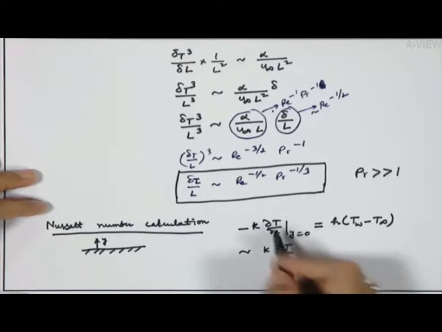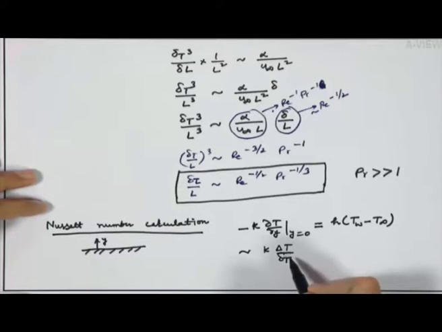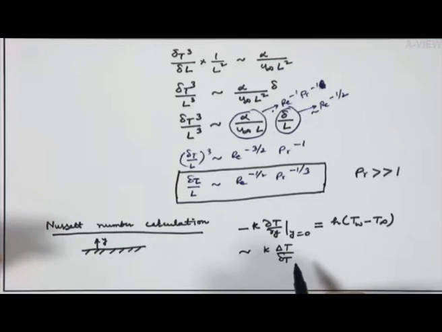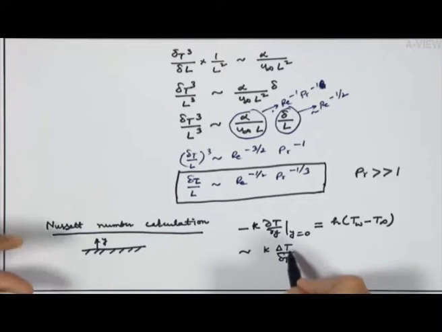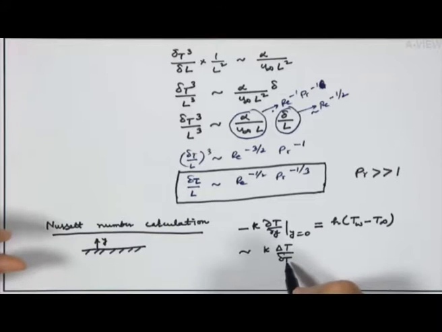Larger the temperature gradient, higher is the heat flux at the wall. So, larger is the temperature gradient or smaller is the thermal boundary layer thickness, larger is the heat flux at the wall. So, thinner the thermal boundary layer, you will have higher heat flux, and for a given Prandtl number, if you want to have thin delta T, you also have thin delta, because delta by delta T is fixed. So, thin delta is something which is very important for rapid heat transfer at the wall, and thin delta means high U infinity or high Reynolds number.